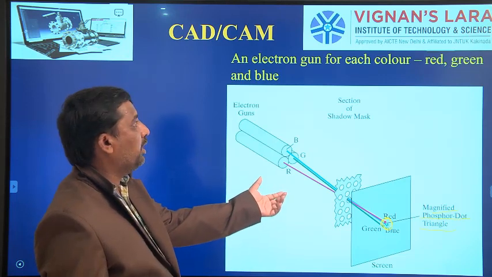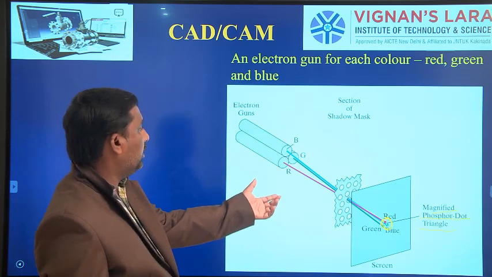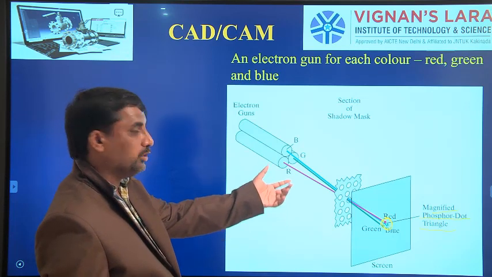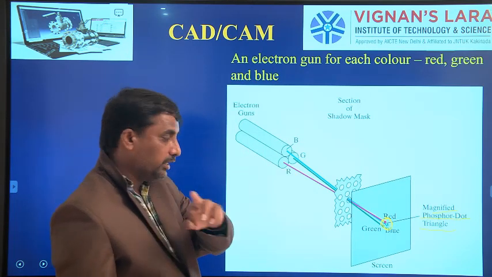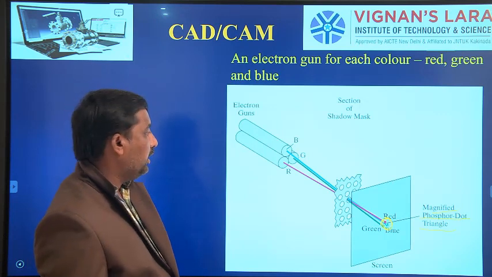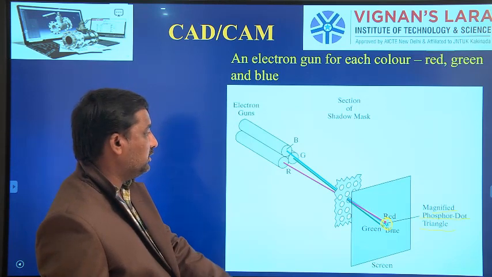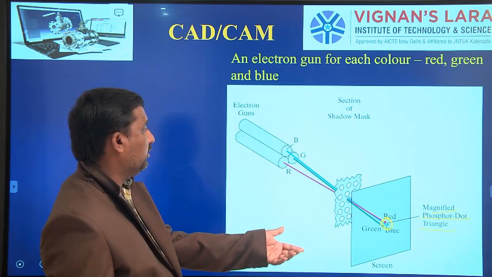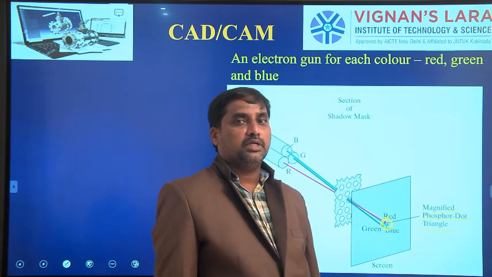This is called the shadow mask device, and it consists of 3 electron guns, BGR, and the shadow mask, which has openings. These 3 electron beams are registered in such a way that they pass through a single opening, then strike the CRT screen at a particular location, and depending upon the red, blue and green intensities, we will get different colors. This is the working of how to get a colored image on the CRT screen.